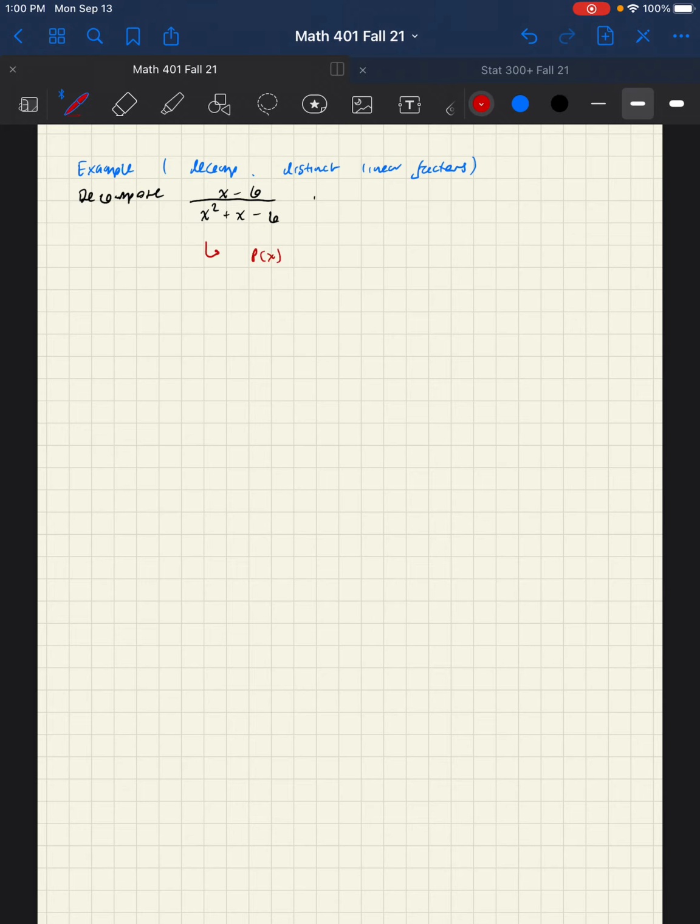First, our p of x, x minus 6, has degree 1. It's linear. q of x, on the other hand, being x squared plus x minus 6, can be written, if we factor it, as x plus 3 times x minus 2, and is degree 2. So we don't need to perform long division of the polynomial parts,